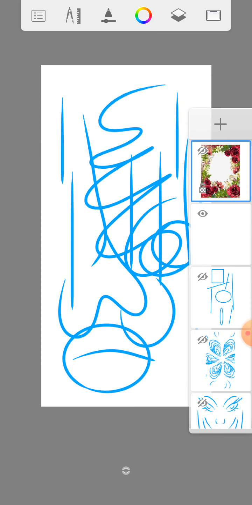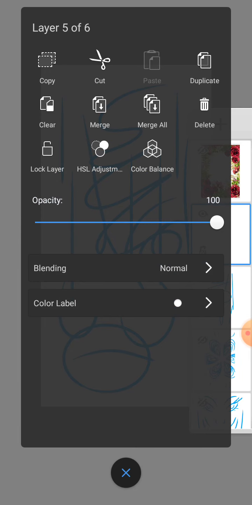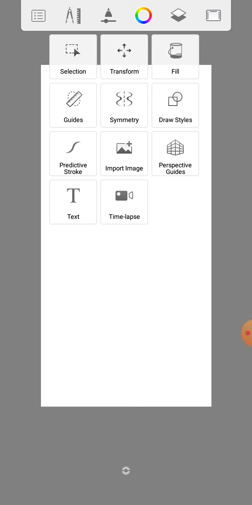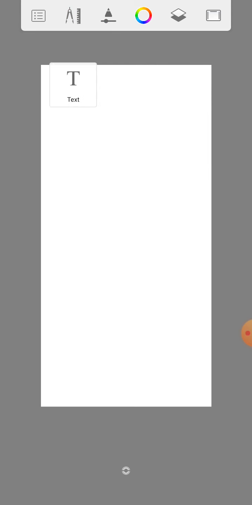So let's go and talk about the text tool. The text tool is for you to write text on your work. Probably you want to include text. Probably you want to write your brand name, your phone number, in order for people to see you and say, yeah, this is my work, not somebody else stealing your work from you. You want to put your brand name, your brand logo, or anything you want to do. Let's do the text. So let me write my